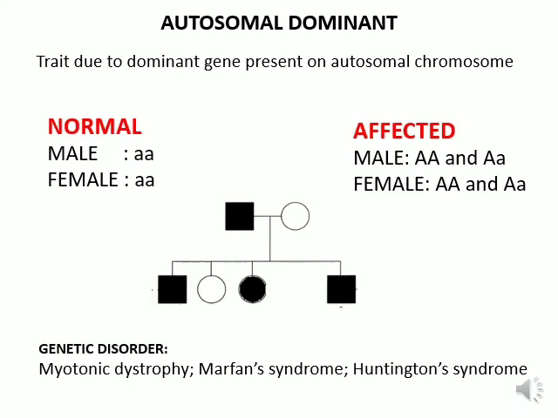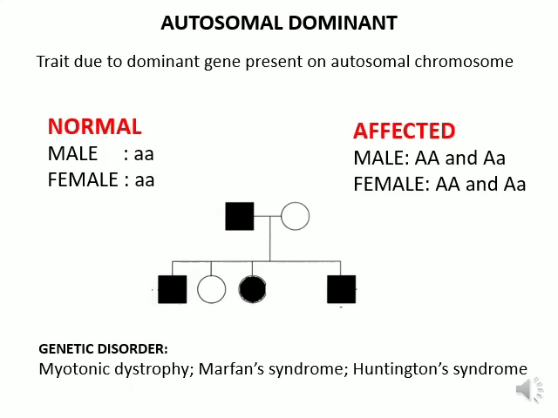As for example, this pedigree chart shows that the male is affected, meaning the male might have the homozygous dominant or heterozygous genotype. But since the male is affected and the female is normal, having the homozygous recessive gene, and both male and females are affected but there are normal females also. So the male will be heterozygous and the female will be homozygous recessive. Thus the male and the female are affected as well as the normal genotype is present.